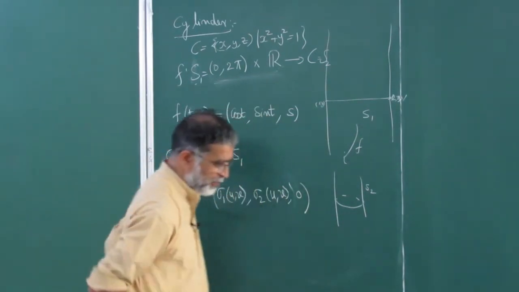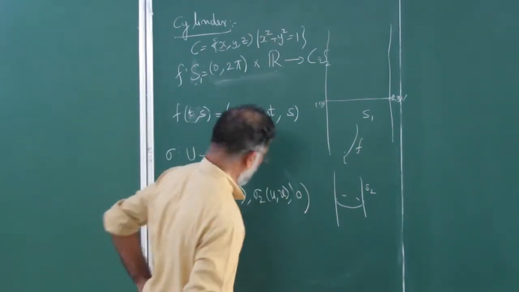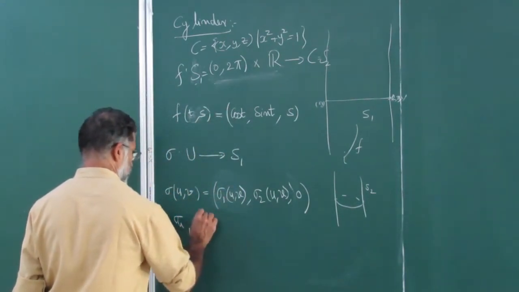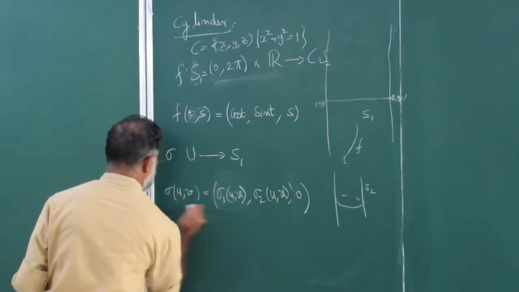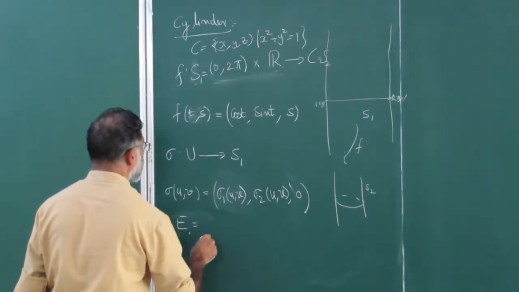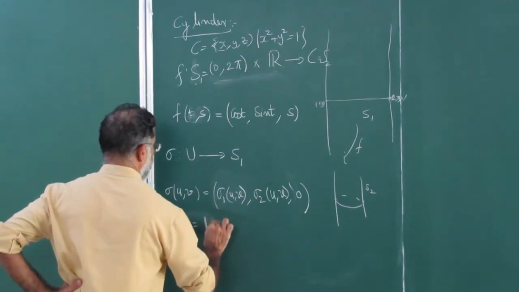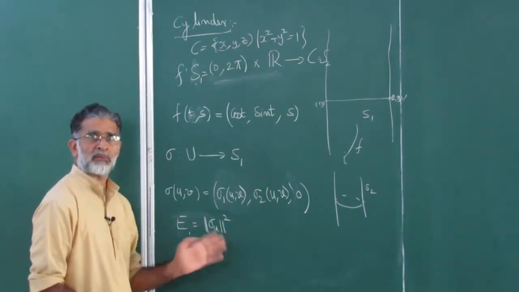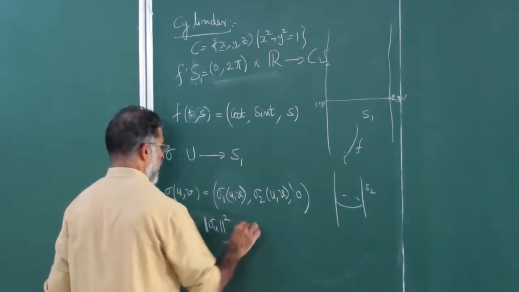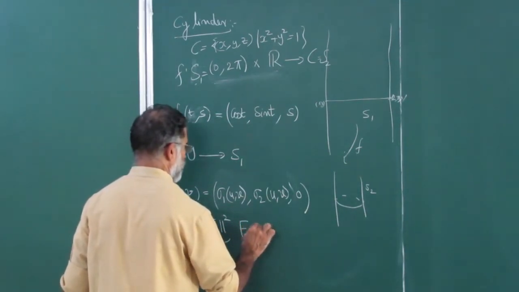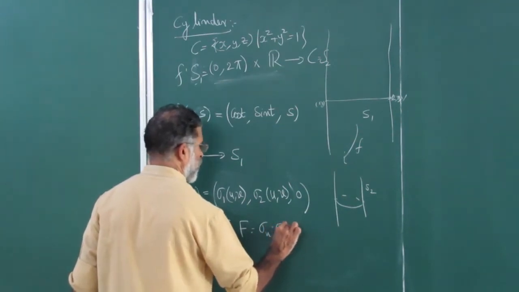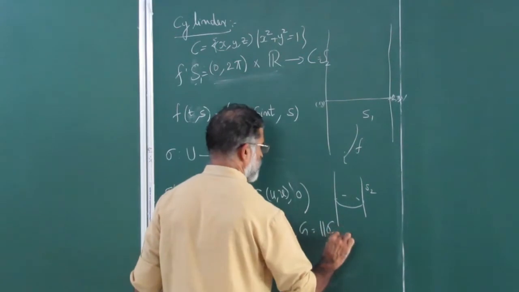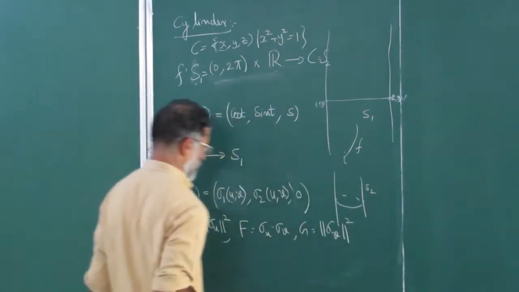Now let us compute the first fundamental forms. Of course, here the first fundamental forms are just in terms of sigma u, sigma v. So let us write E equal to norm of sigma u squared. We don't know this because this is an arbitrary one, so right now we have no idea. And F is equal to sigma u dot sigma v. This also we don't know. Then G is equal to norm of sigma v squared. Fine. Let us not worry about that part.